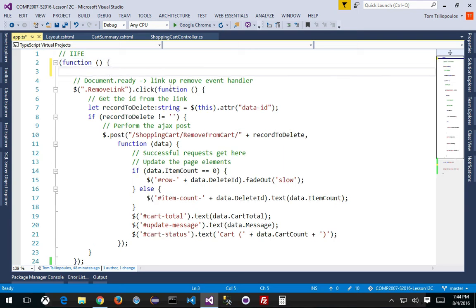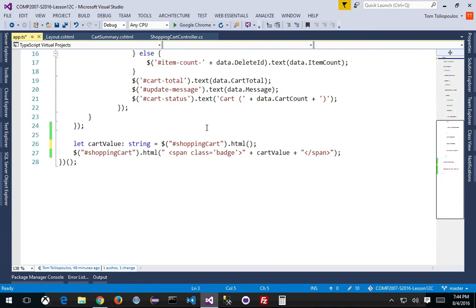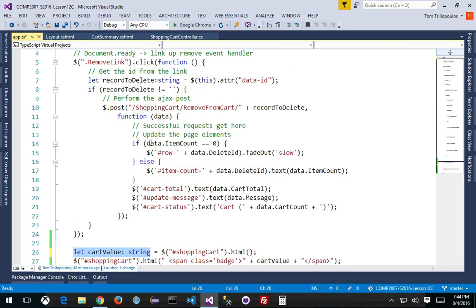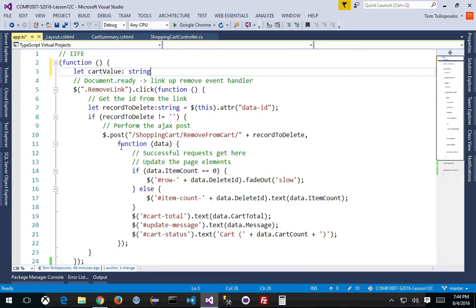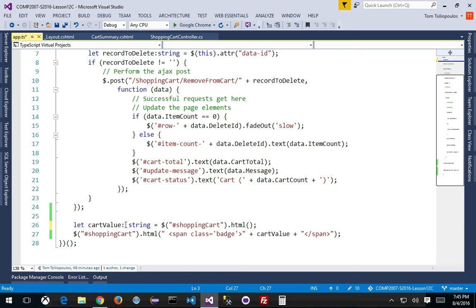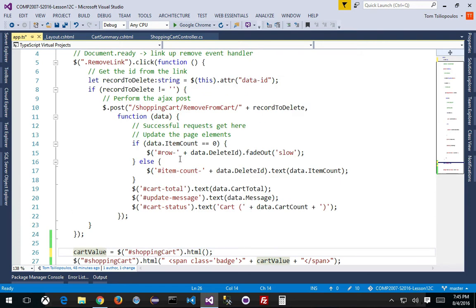Sorry. So what I want to do is declare this piece, cart value, as a string. I'm going to copy this one up here. And then it's more of a functional object. And down here, I want to just assign it cart value. Okay, now you're going to say, well, that doesn't do anything. You're right. But in here,